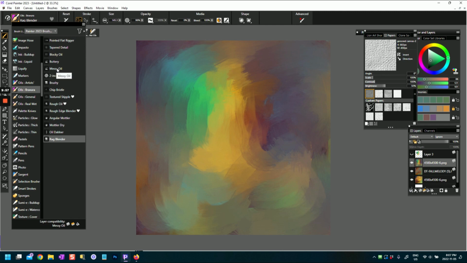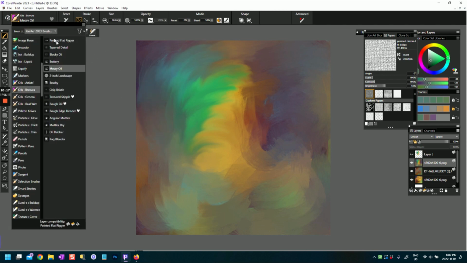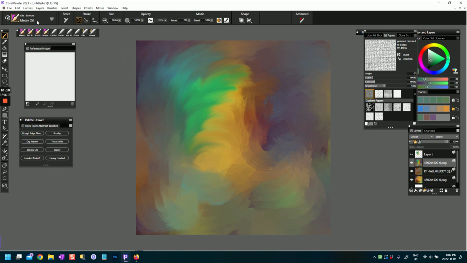Let's try Messy Oil. So if you have a blender like Messy Oil, it's a wet brush. I'm not sure this is the look I'm looking for right now, but it is another blender that we can use. But I want to see if I can find, oh man, grainy water. So I want to try,